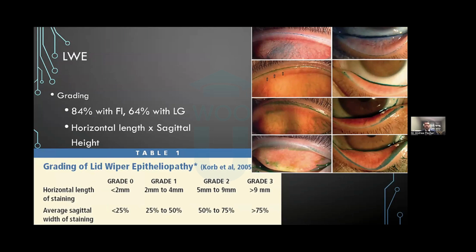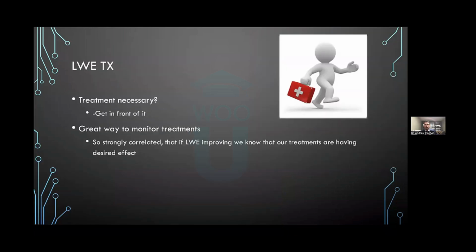You can grade it in horizontal length of staining. So on the bottom right, you see that entire eyelid from temporal to nasal has a bunch of lissamine green on it. That's the entire length of that lid. And you can look at the height of that staining too, meaning if half of the lid wiper is staining with green, that's a grade 1 to 2. If it's the entire thing, like again in that bottom right picture, they're grade 3. So just something to document, because if we improve the lubrication on the front part of the eye, lissamine green also can improve. And again, it's something we can get out ahead of a lot of their symptoms.